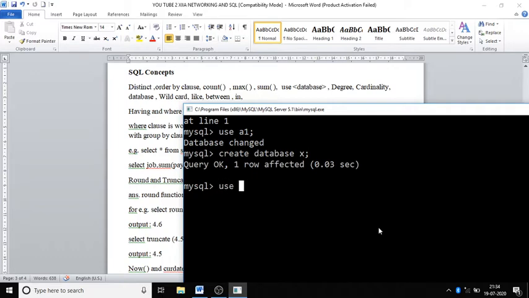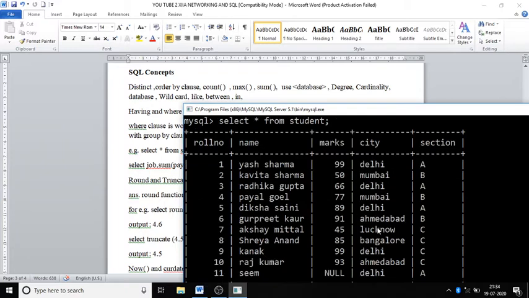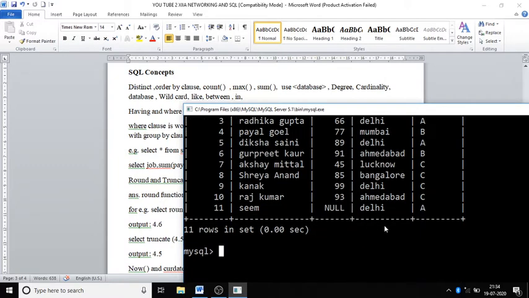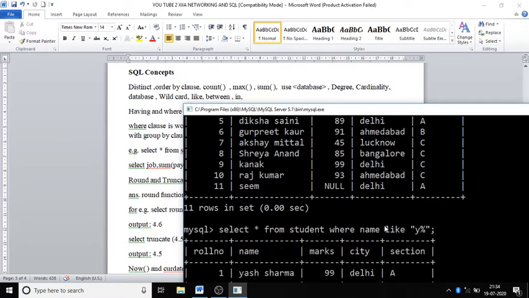Wildcards. In this table, suppose I want to see only the records of students whose name starts with Y. So I will write select star from student where name like Y percent. So percent is a wildcard which represents n number of characters.